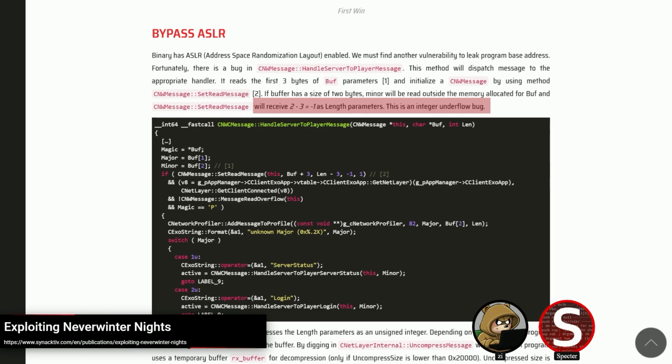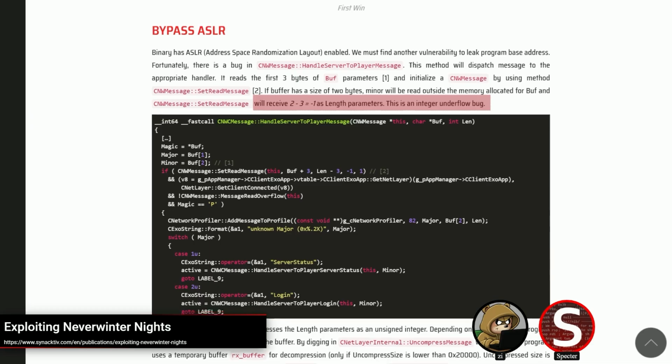And what's nice there is that the rest of the message, which is uninitialized, will be read from an adjacent buffer, which can be filled via another command. That's because the decompression code for decompressing messages will write to this RX buffer that's next to it. And so an attacker can control the handler that is used to process a given message, which they can basically use a read related handler to leak out of bounds content and defeat ASLR,